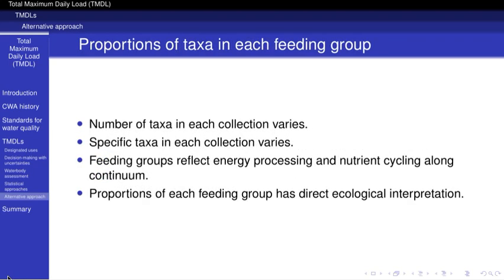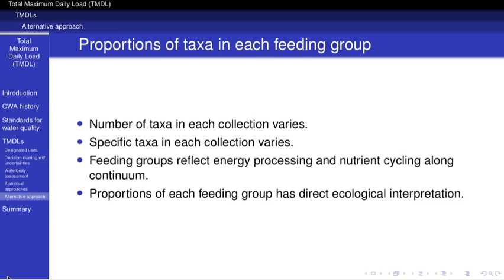The numbers of taxa collected will always vary because of both natural and anthropogenic causes. Not all possible feeding strategies are represented in the community composition because some, such as parasites and omnivores, are both relatively rare and infrequently identified and counted. Relative proportions of taxa in each major feeding group are less variable than the counts themselves and contain all the important information about the biologic community's function.